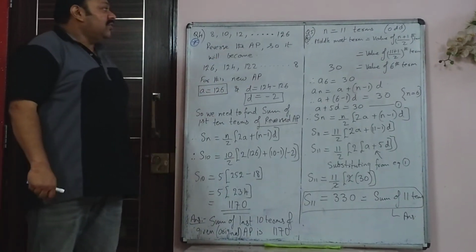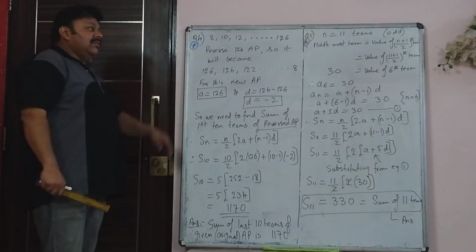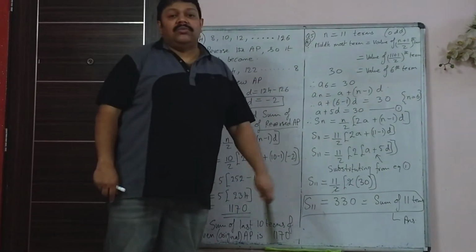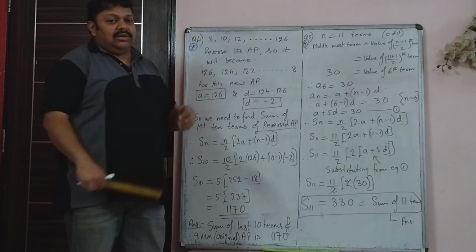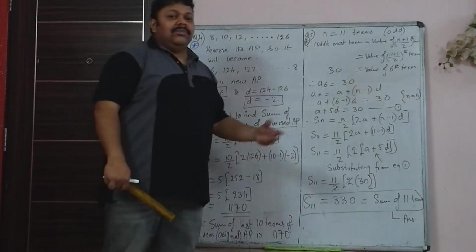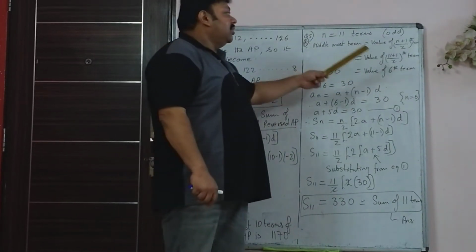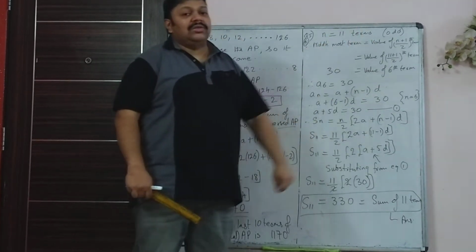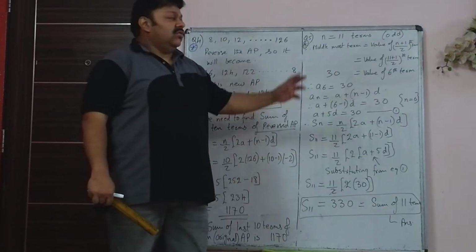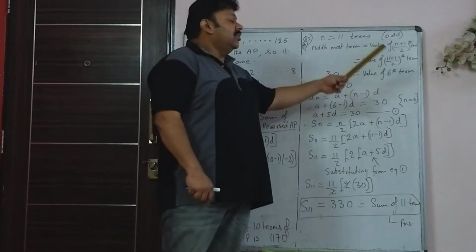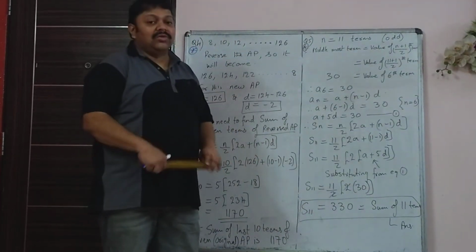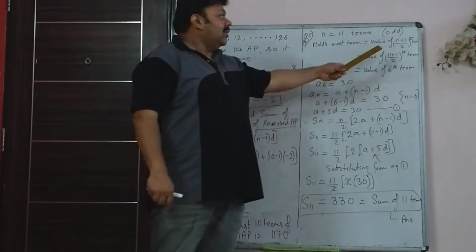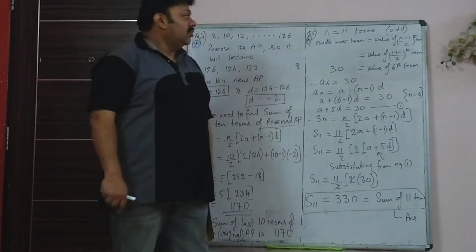Now we go on to the fifth sum. Mark that sum also important because again in that the middle term will come. You have already done ogives and median, so you know how to find the middle term. If it is 11 terms, then there is an odd number of terms. If there is an odd number of terms, there will be only one middlemost term, and that would be the value of the (n plus 1) by 2 term.